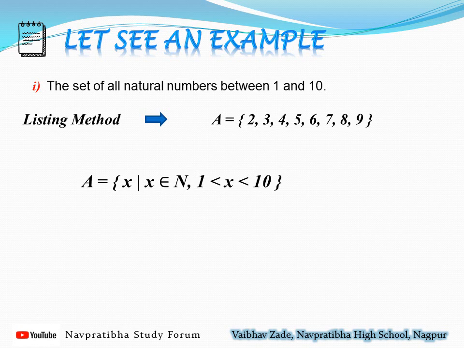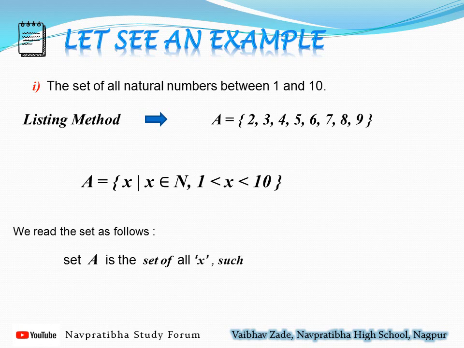Let me make it clear. Firstly, we see how we read this set. We read the set as follows: the set A is a set of all x such that x is a natural number between 1 and 10. Once again, look at the sentence. The set A is the set of, and when I say the set of, it means curly bracket, set of all